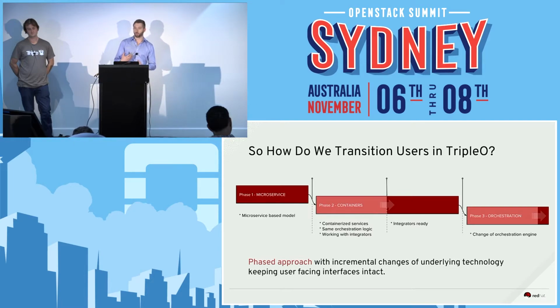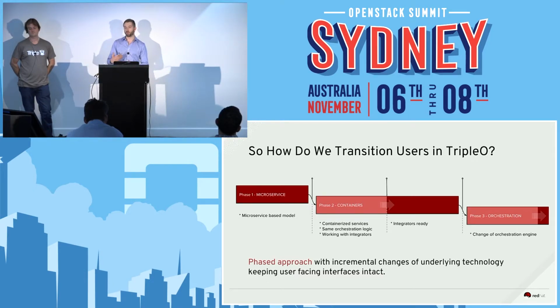Our promise, or what we are trying to achieve, is to keep the same top-level interfaces unchanged, so that users who have automation on top of OOO will not feel the impact of the underlying evolution of the technology, and also to provide updates and upgrades between these multiple phases so that we can move users from one release to another. We have faced multiple challenges throughout the way, and Steve will talk a little bit more about those.